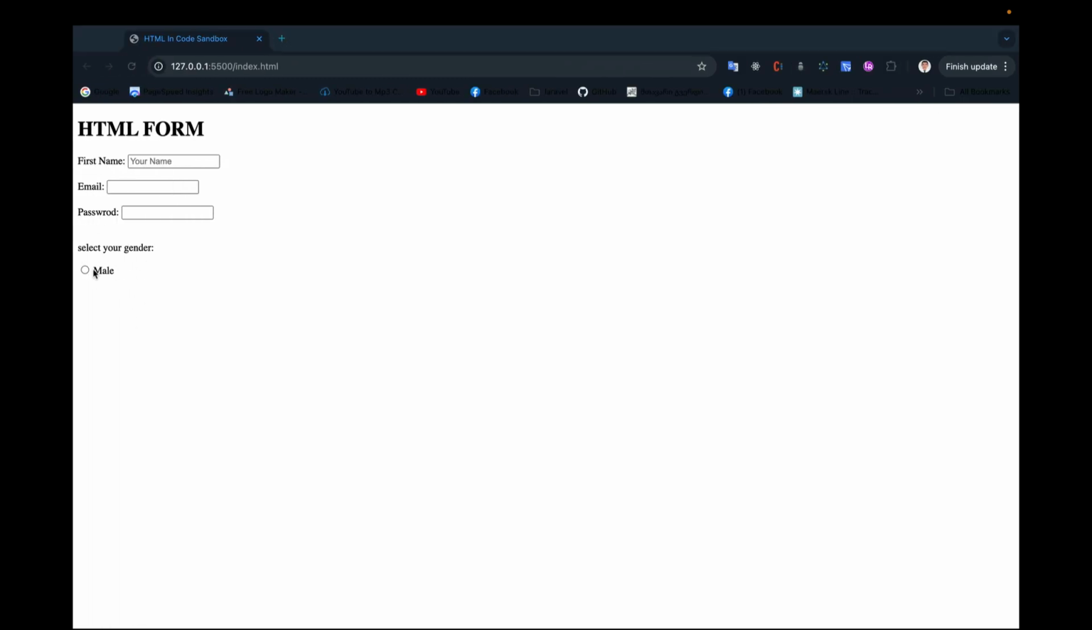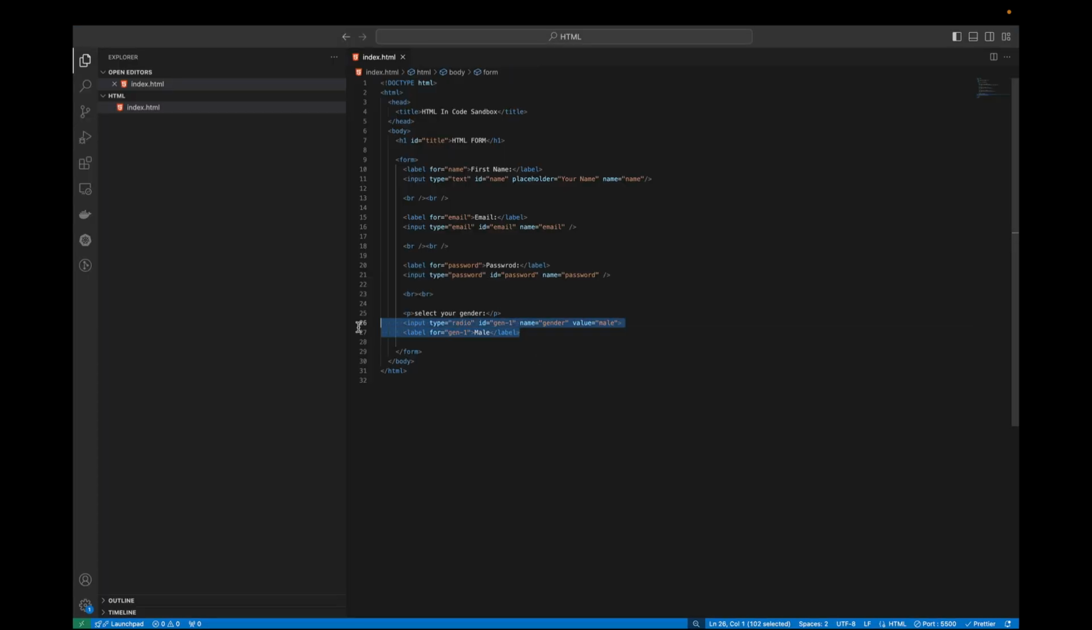If you check the website, you have one radio button whose text is male, and when I'm clicking on this label it will be selected, or if I click on this radio it will be selected. So I will make two others very quickly by copy and paste. I will change this ID to Gen2, also this for to Gen2. The value will be female,